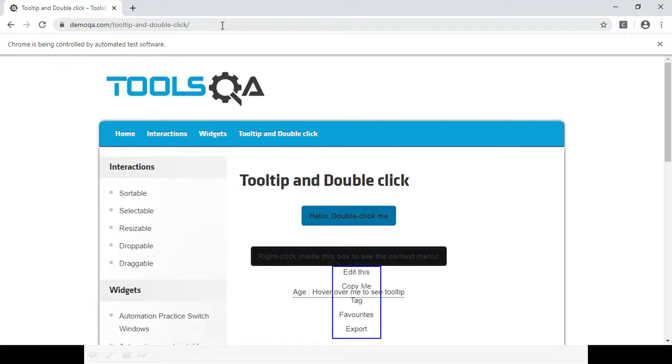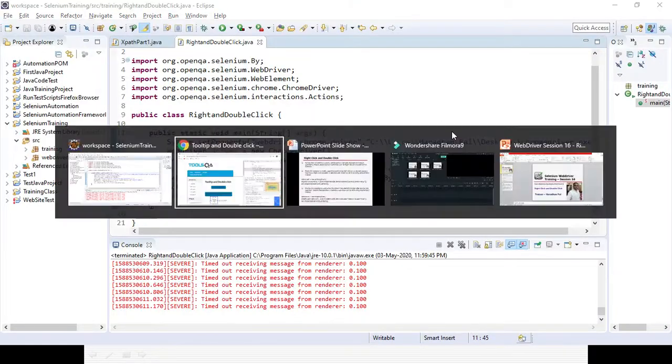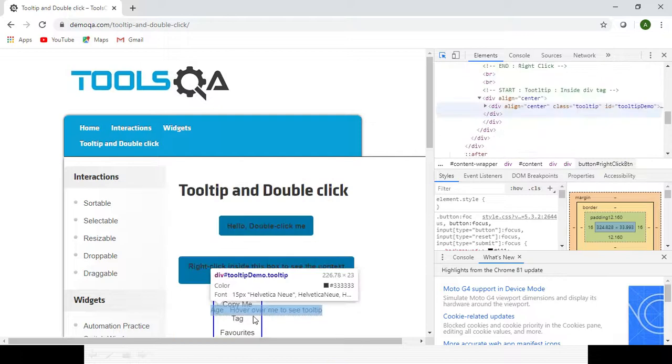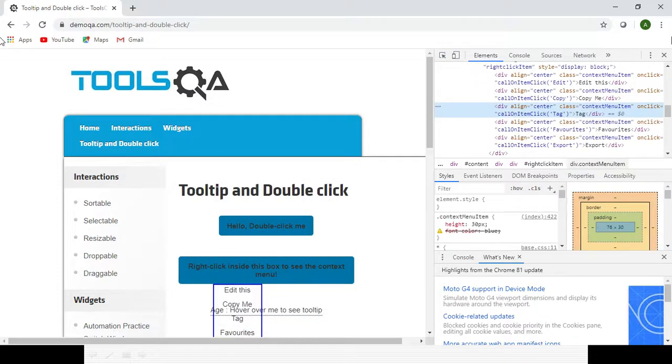Context click, right? You can see the options are coming. Now I need to select a particular option, suppose tag. I will select that element, so I need to identify it. How can I identify it? You can copy the XPath.